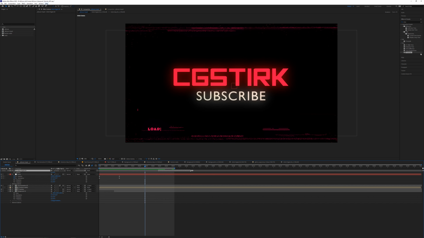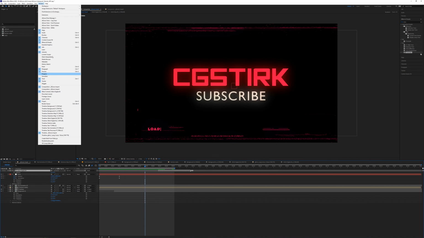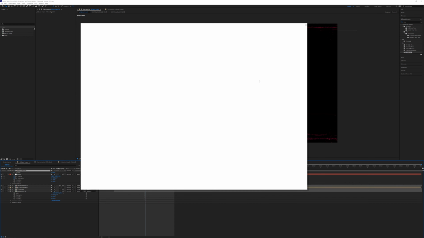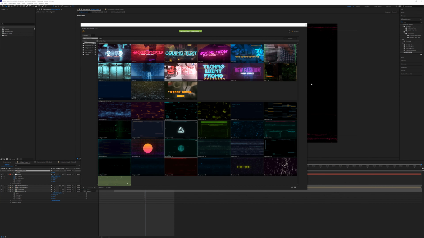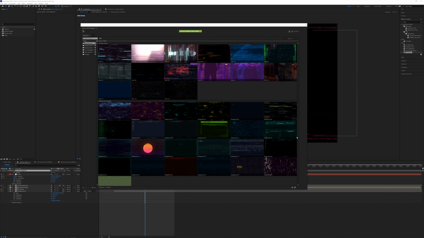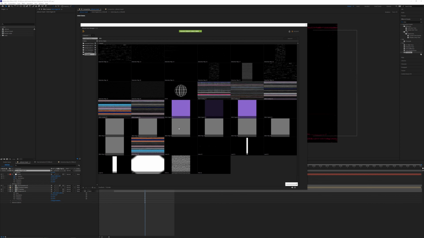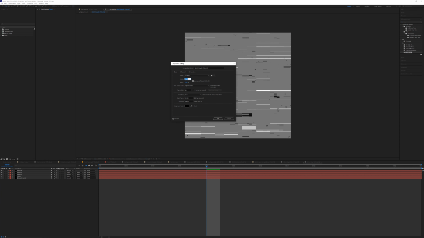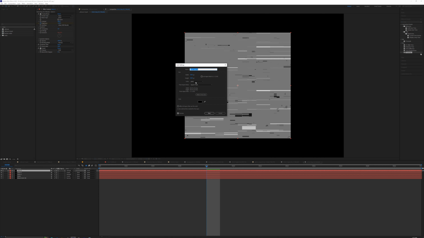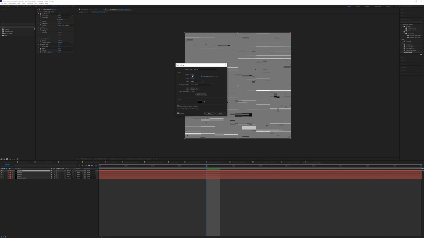All right, so I think this is looking pretty good, but I want to see if we could add just one more level of distortion and kind of fade it out that way. Let's go back one last time into the pack manager. We're just going to scroll down here to the bottom, and then we're going to use something like a glitch map, something like this. Now for this, I don't want to scale this up because I want to have that kind of fine detail. I'm going to go inside the comp, resize this manually to 4K, and then just go through each one of these and just make sure these are 4K too, as we've been doing.